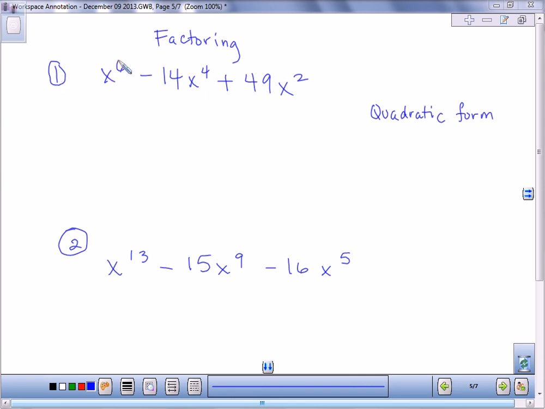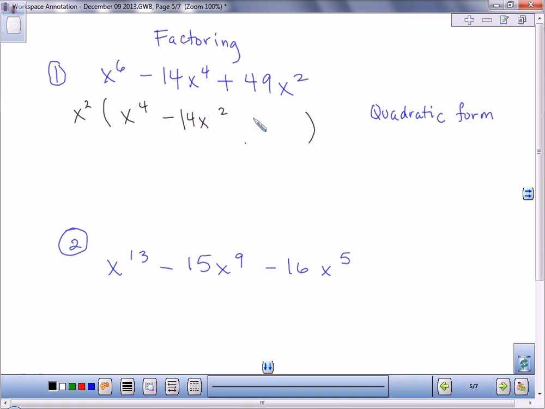Example number 1, we have x to the 6th minus 14x to the 4th plus 49x squared. What is always step 1 when you're factoring? Take out the greatest common factor, which in this case is what? X squared. So we're going to take out the x squared. Now, we're basically dividing that out. And when you divide, what do you do with the exponents? Subtract them. So it leaves me with x to the 4th,